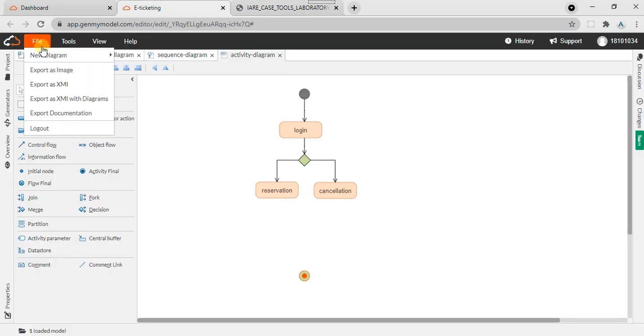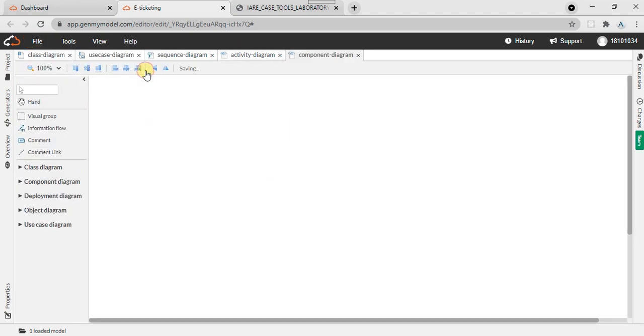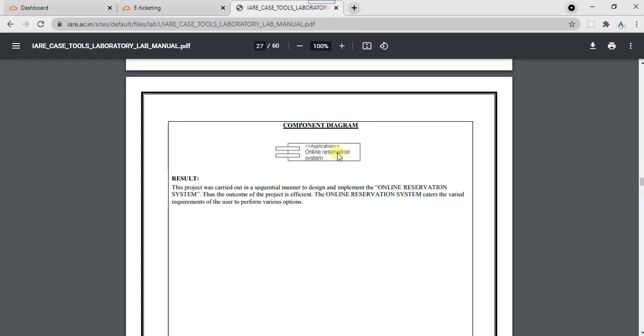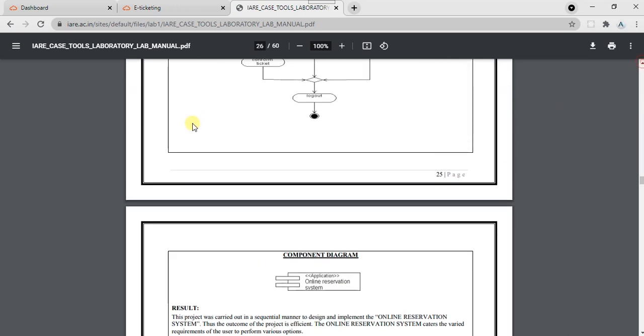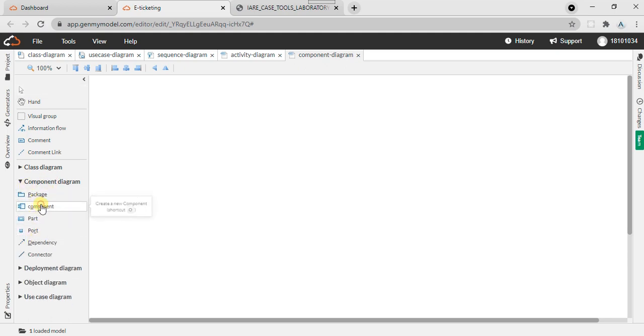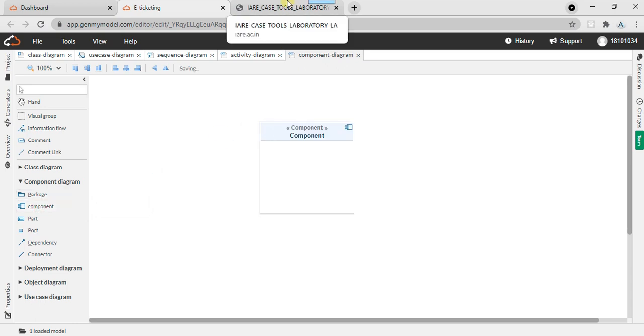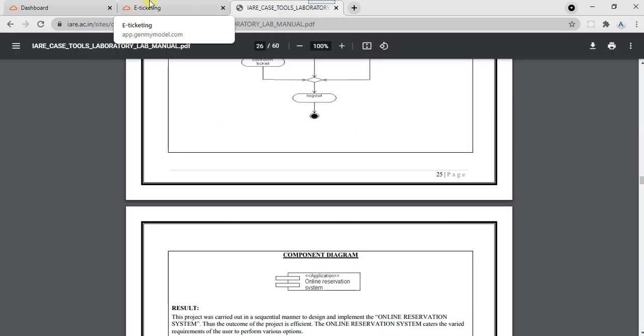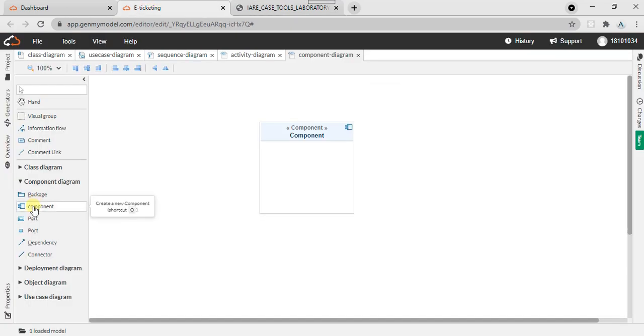Next is component diagram. What we have to insert in component diagram: application, online reservation system. Here you can see component tools are there. This one is given there. What's the name? Application, online reservation system.